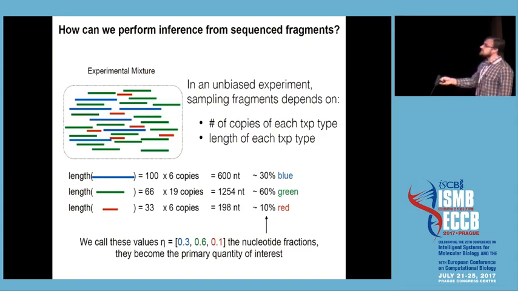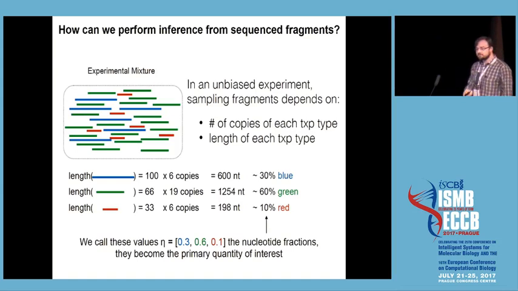Really this is just saying that in an unbiased experiment, sampling fragments from a particular transcript type, of which here there are 3 species of transcripts, blue, green, and red, it depends on 2 things: the number of copies of that transcript present in the sample and the length of those transcripts. The product of those 2 things determines the fraction of nucleotides in your sample that are sequenceable from that transcript type. And so you end up in this sample, for example, with about 30% blue nucleotides, 60% green nucleotides, and 10%